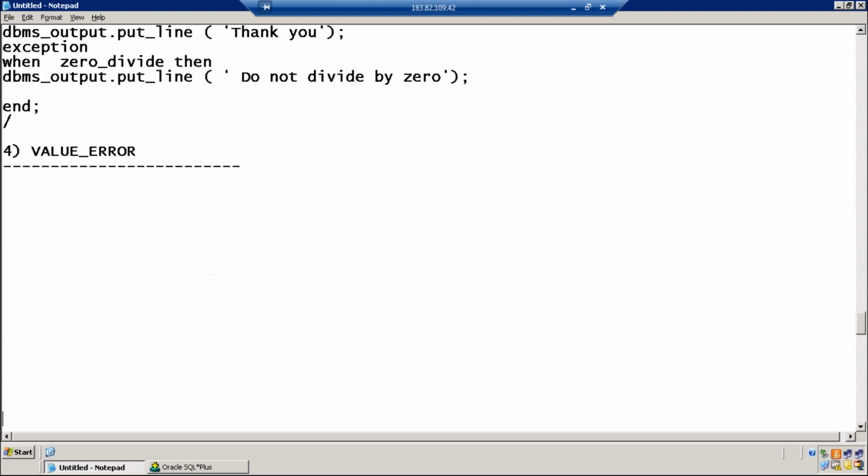Sunil: Suppose, can we give multiple exceptions? Yes, we can have multiple exceptions also. Okay, you can write: